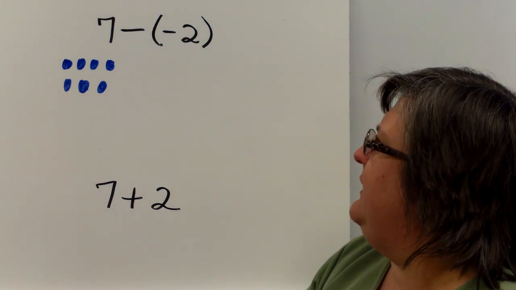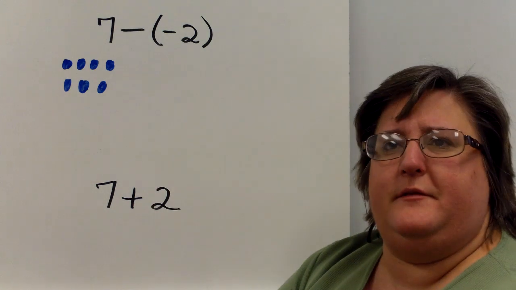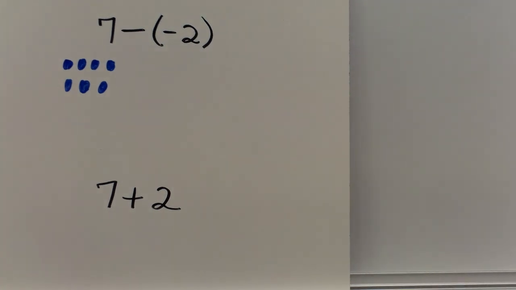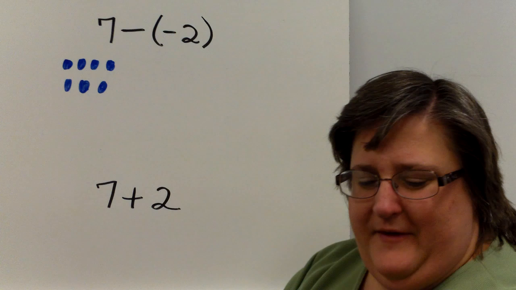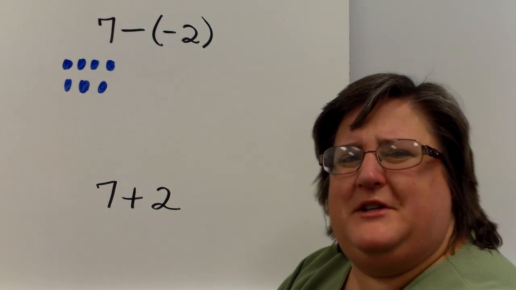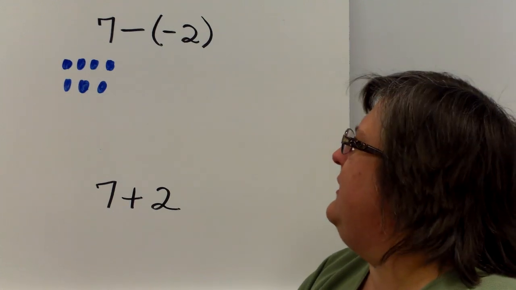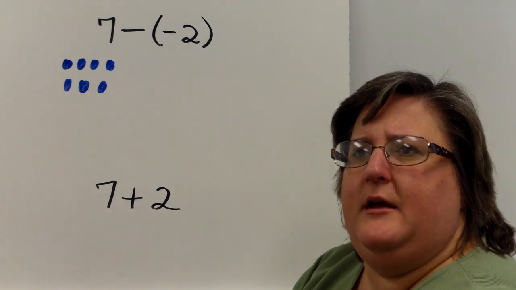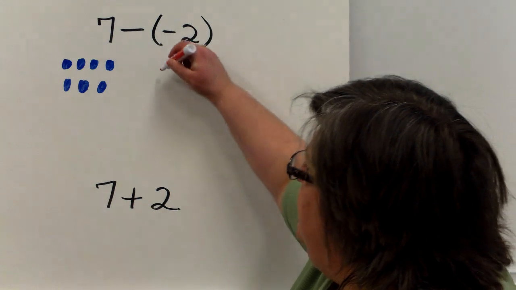Now, one thing we're going to need here is some negatives. I'm going to go get some negatives. All right, we're ready. The fact of having a negative 2, but I don't want to change the value in the problem. I have 7 and I'm trying to take 2 negatives away. Well, we learned before